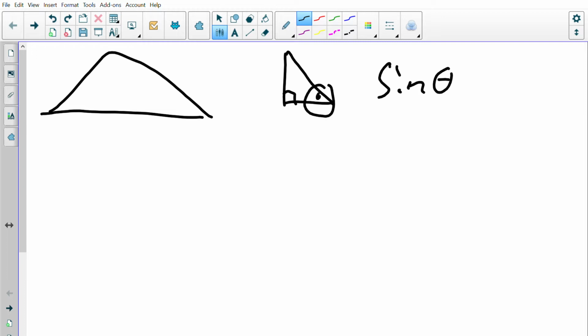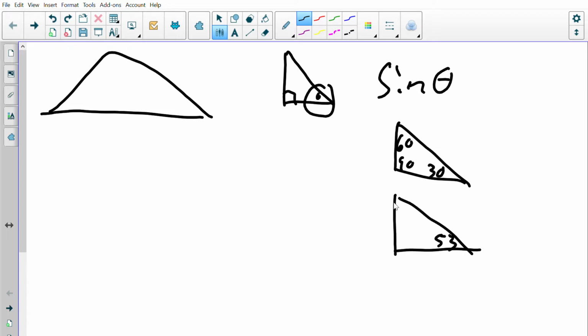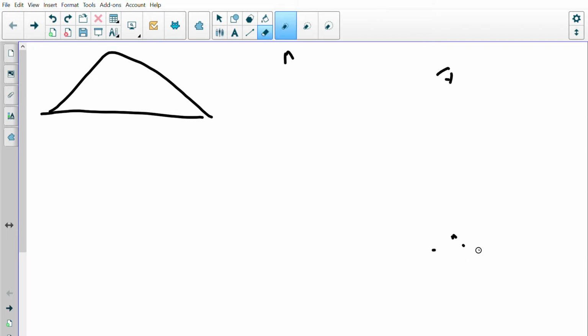So over time, we created what's called perfect triangles. So like 30, 60, 90, and then we found out the ratios that way. Over time, though, we had to figure out triangles where it was 53, 47, 90. And so how we did that was we created these things called sum equations. And what sum equations are is the basic idea of let's combine two things we know to find something that